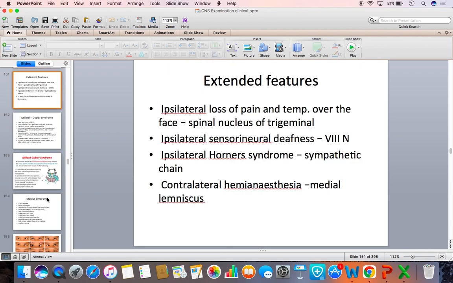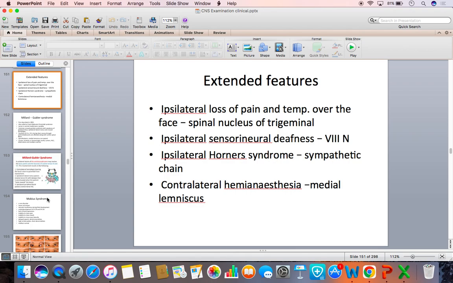Sometimes the lesion can be extended, involving some more structures in that part of the pons. That is, eighth nerve nucleus and the involvement of the sensory tracts. That is, spinothalamic tracts, and it can also involve the sympathetic chain, and it also can involve the medial lemniscus. When the lesion is extended a little more laterally and inferiorly, it involves these structures presenting as the contralateral